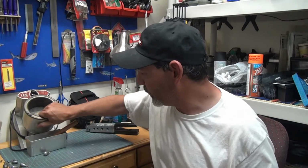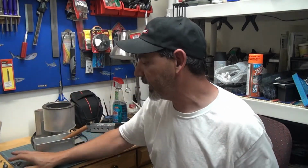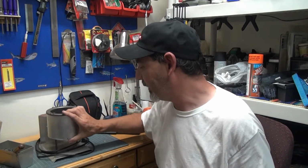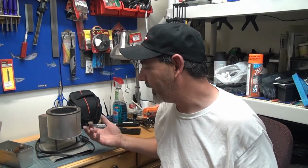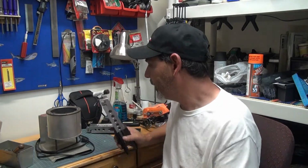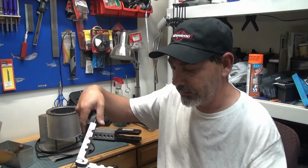Now, a few tips about this. If you're gonna get into doing something like this, it's probably gonna run you maybe, I don't think I spent more than 80 bucks here. I bought a little package of swivels, maybe 50 swivels for 3 or 4 bucks. And that's how many sinkers you can get of this type with the little swivel on there. I forgot what they're called. Anyways. And yeah, of the other kind